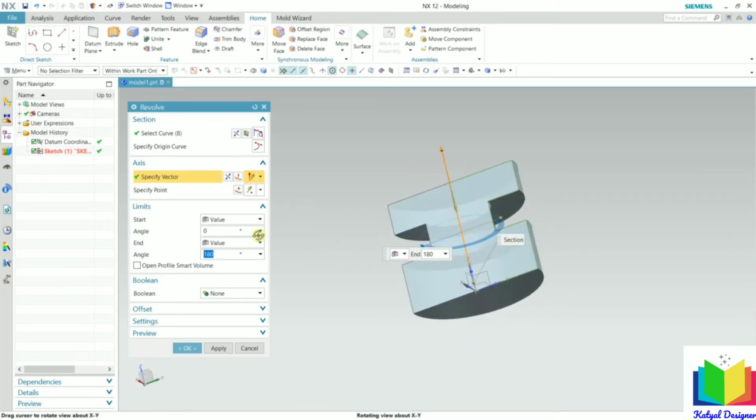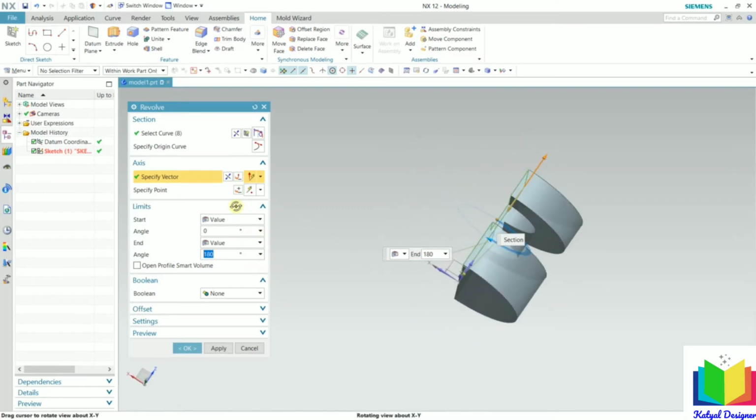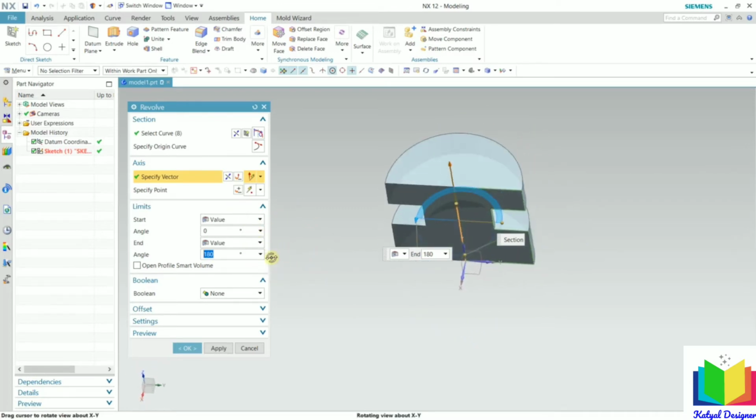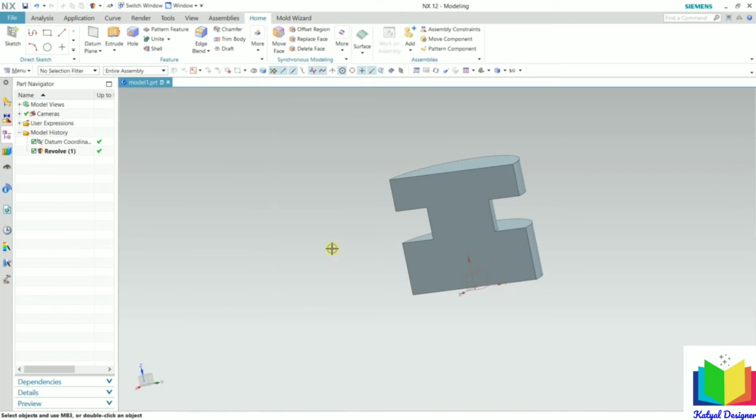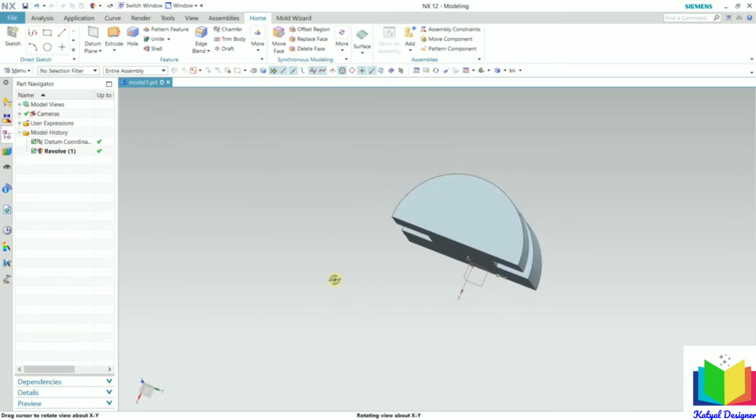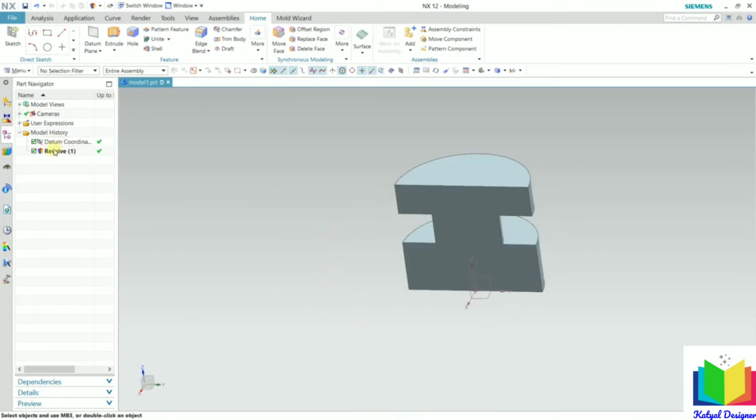Now we can see we have this half geometry. So 180 degrees is a half circle. Similar to the extrude command, we have options in this limit like start value and end value. And inside this arrow we have similar values if we have any reference. So I am just taking a value and click OK. Now we can have a preview of this revolve feature. Once again I go to this revolve tool and double click on this,